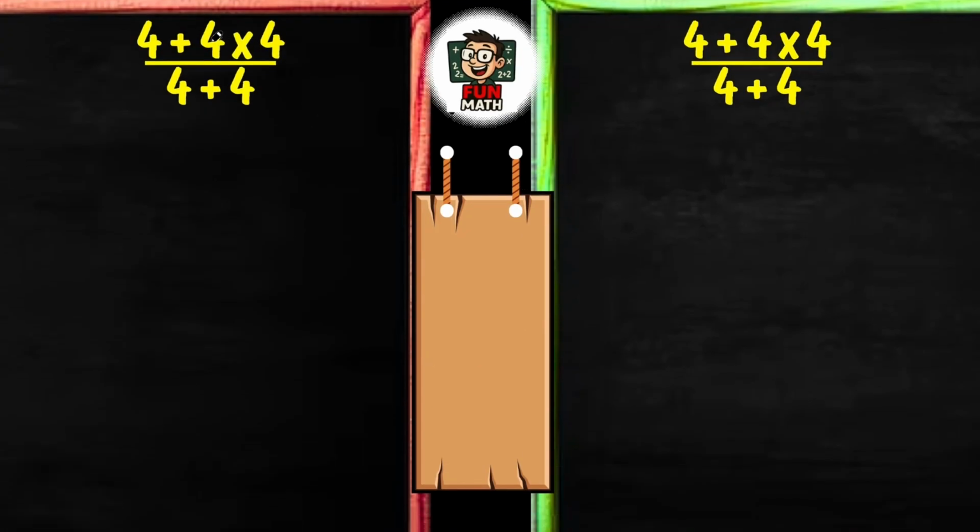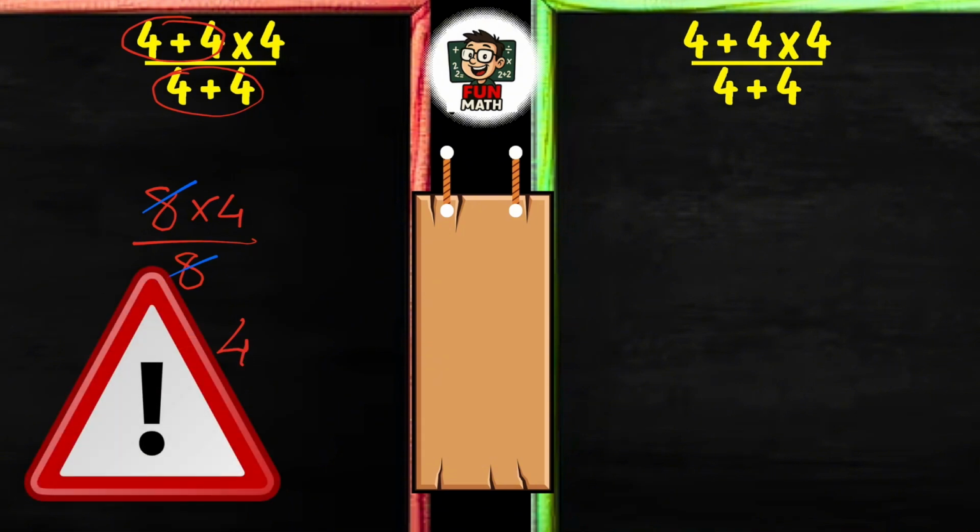Let's take a quick look at our question. First, let's do the addition. 4 plus 4 equals 8. Now let's simplify the 8 numbers. The answer is 4. If you solved it this way, you made a mistake, because we didn't pay attention to